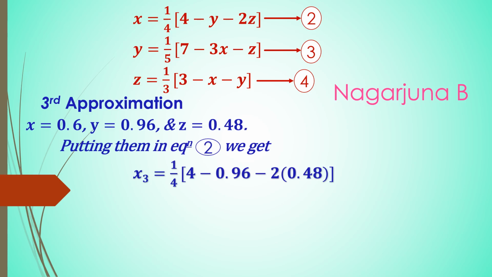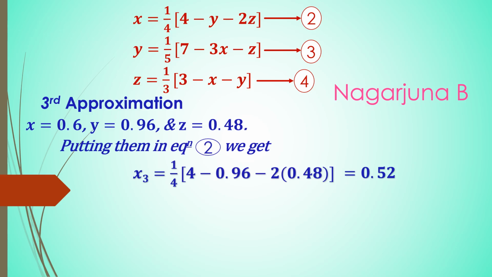So this one in the calculator you can type, open the bracket, 1 divided by 4, close the bracket, into, again open the bracket, 4 minus 0.96 minus 2, open the bracket, 0.48, close the bracket, again close the bracket, and this one will give the answer, and that answer is 0.52. Then next we need to calculate the value of y by considering equation 3 and substituting the value of